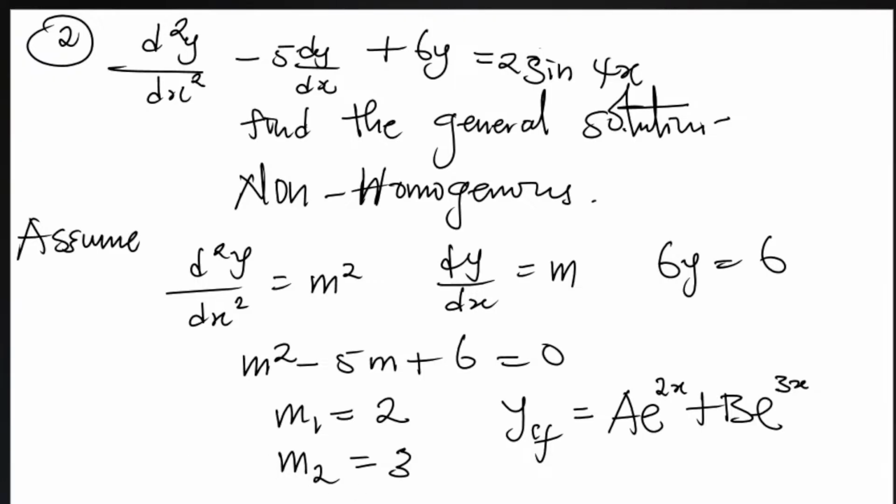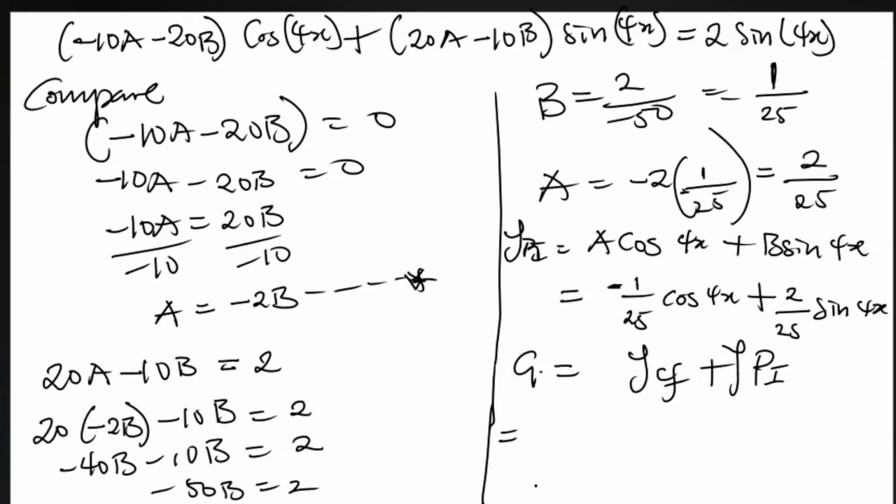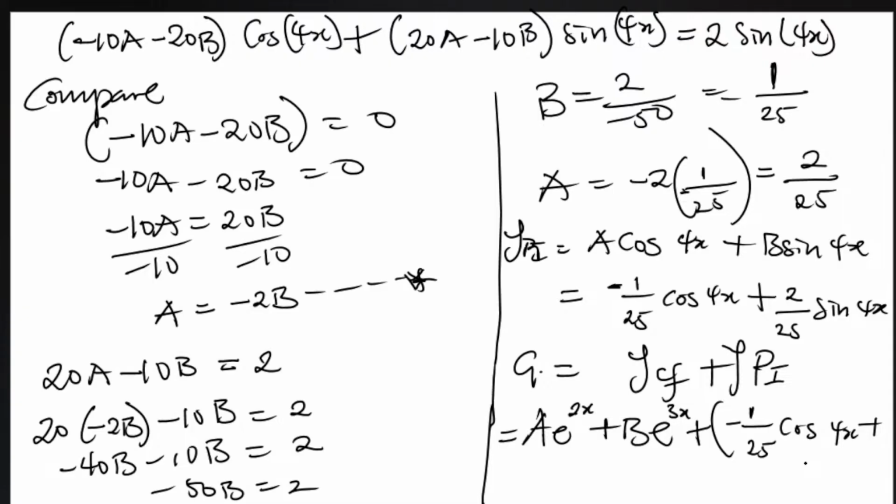So here you simply have A exponential 2x plus B exponential 3x plus what is now your YPI? Your YPI is given to be minus 1 over 25 plus 4x plus 2 over 25 sine 4x. So we can write this equation very well in a new page, and we simply have